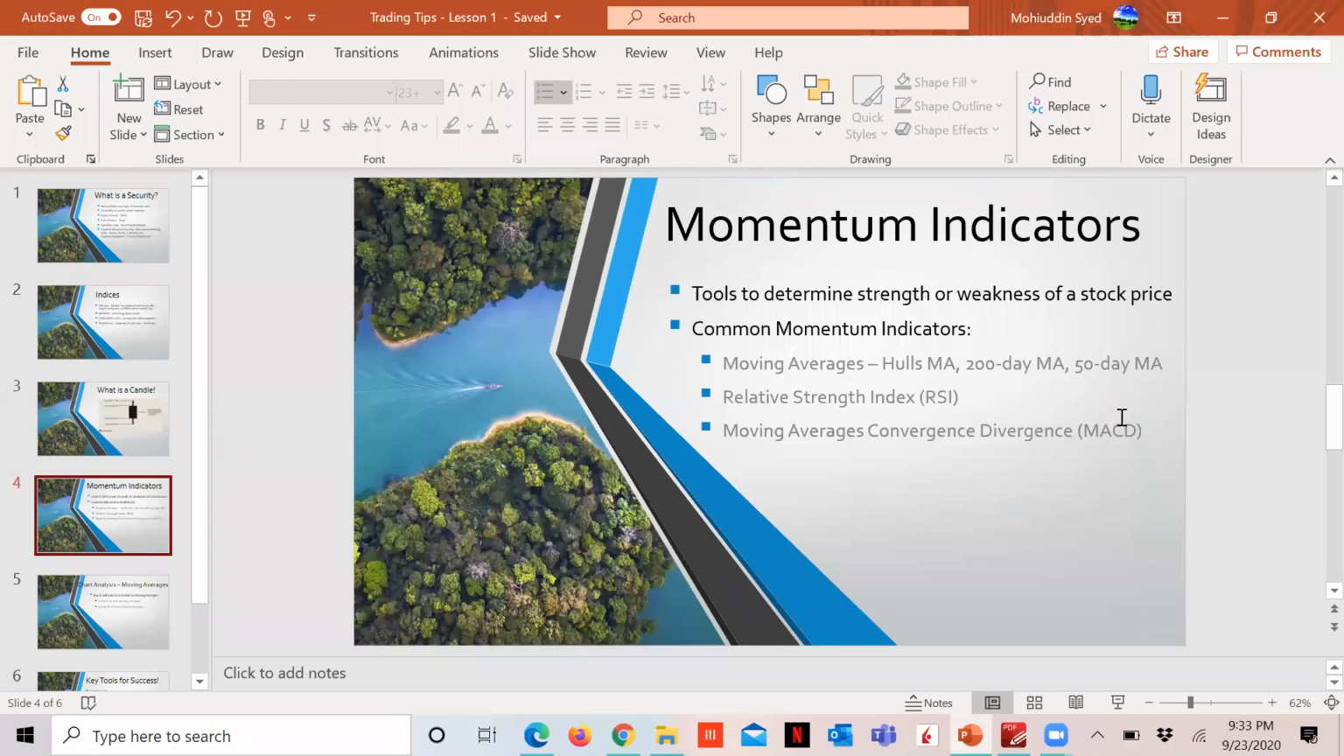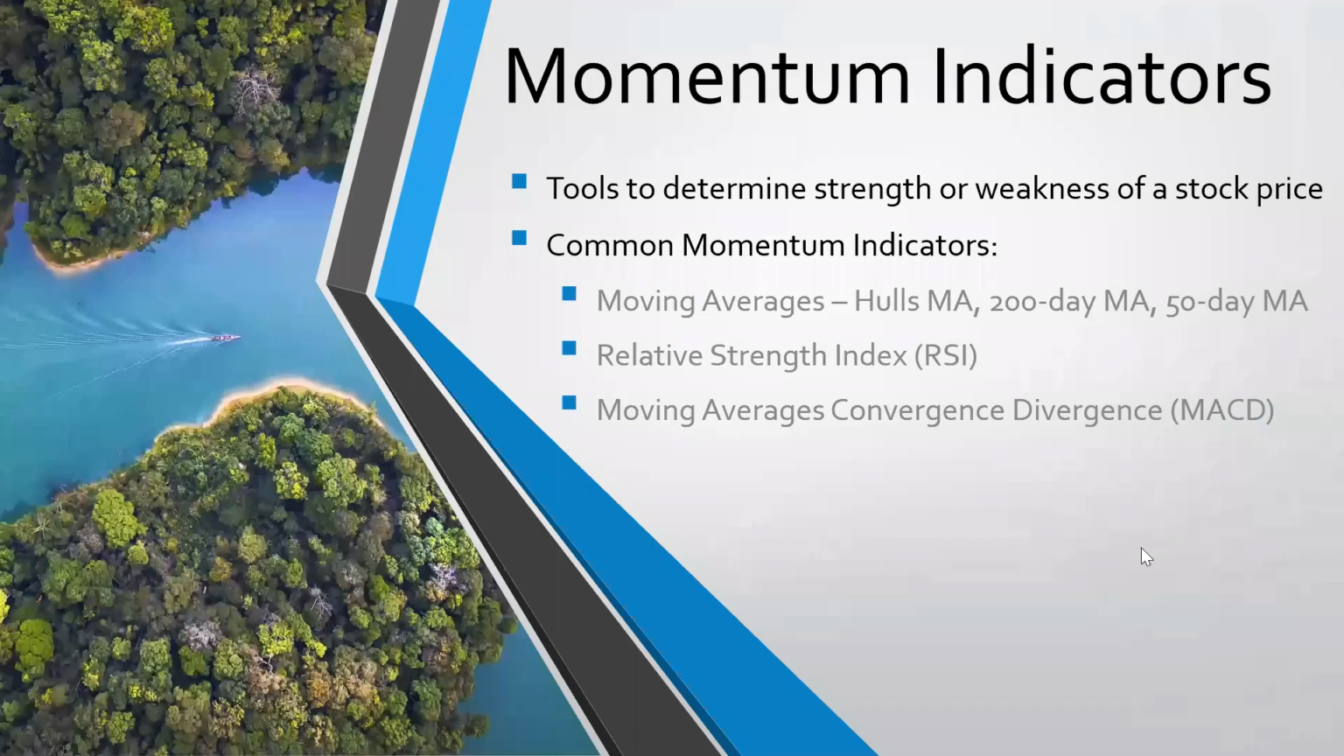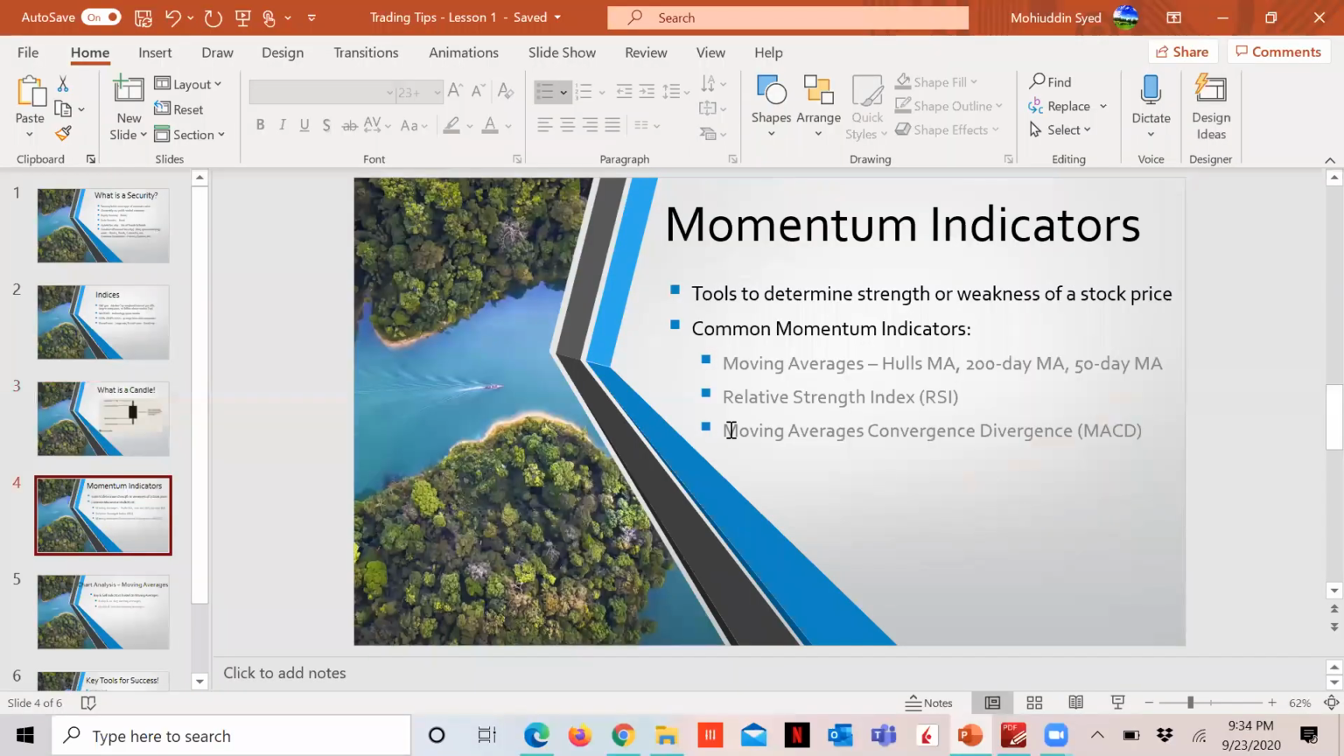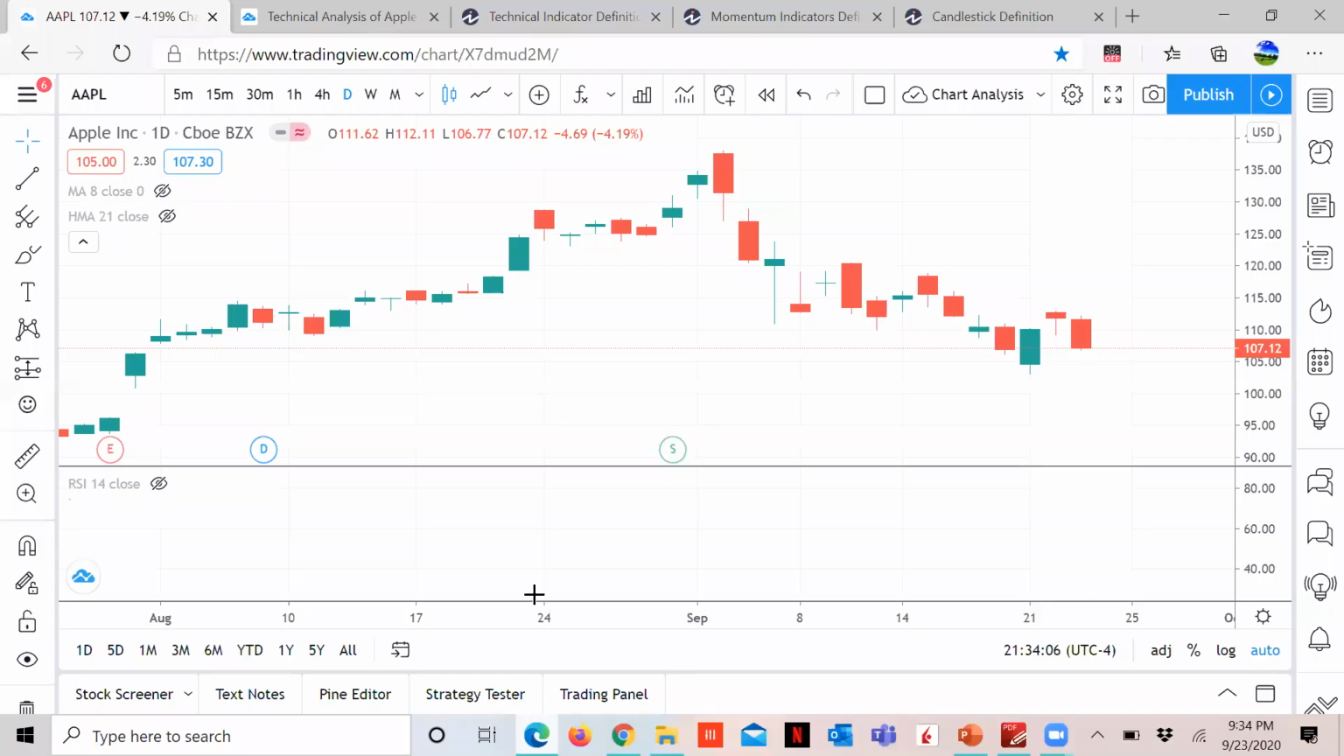is the moving averages. These three are critical. That's what I practice, and that's what I learned from my mentors too. If you look at it, there are 28 indicators. Just to give you an idea what it is,